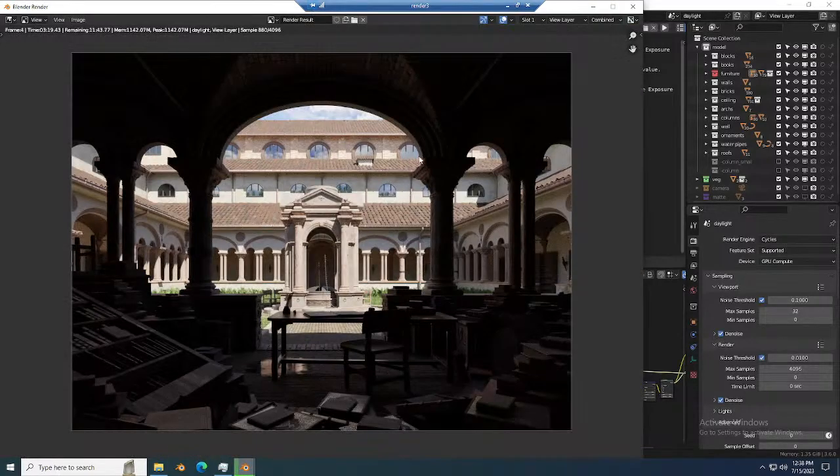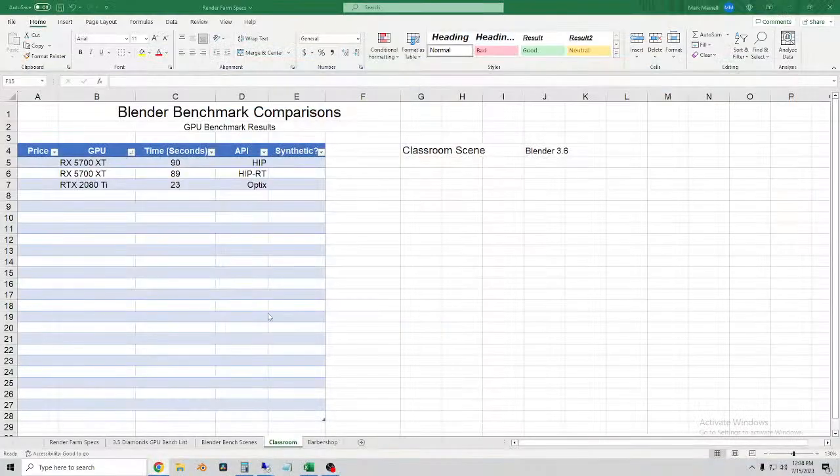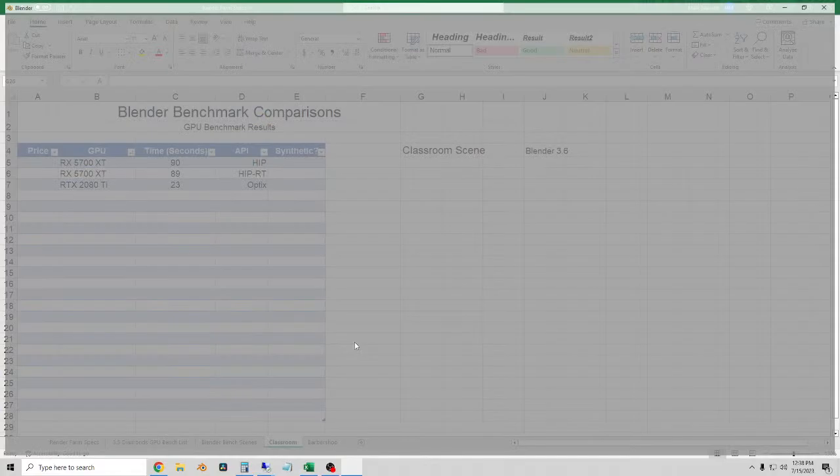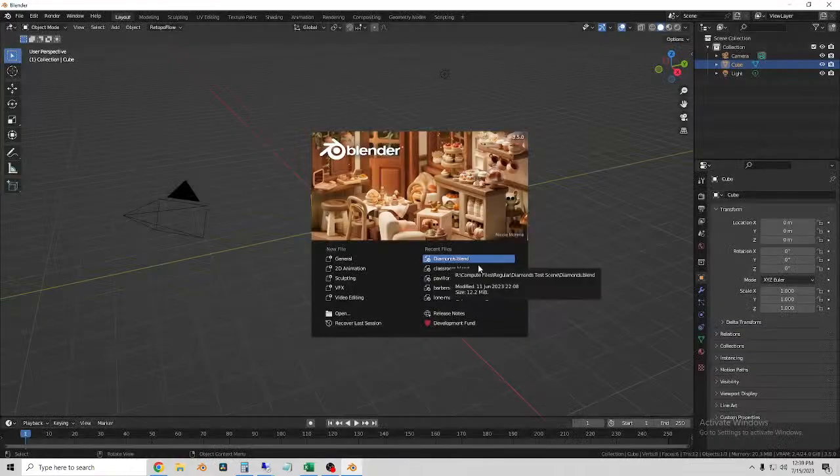We're testing the Lone Monk scene on the 5700 XT right now, so let me get out of that. On AMD, you can only use OpenDenoise or nothing. So make sure you're not, let me pull up one on my workstation here. Make sure you're not using